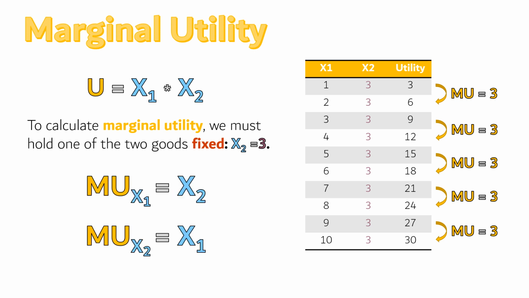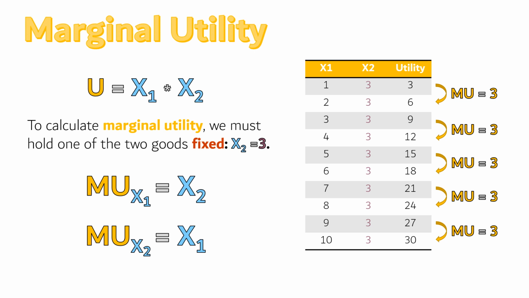The marginal utility of x1 is equal to whatever value we have for x2. And this will be the same for x2. The marginal utility of getting 1 more unit of x2 will be equal to whatever the value is for x1. Because of how simply this works out, you'll want to remember it for quizzes and test questions, which will feature this same utility function. But when in doubt, you can always make a table like this one here to calculate